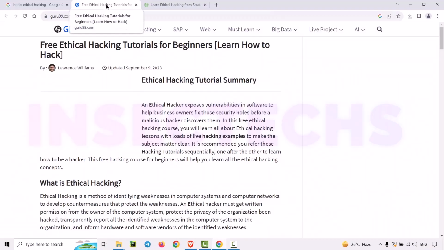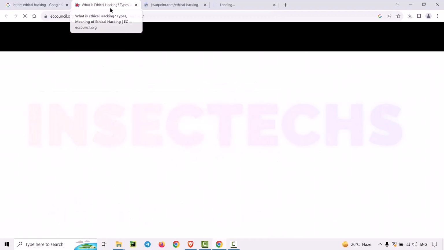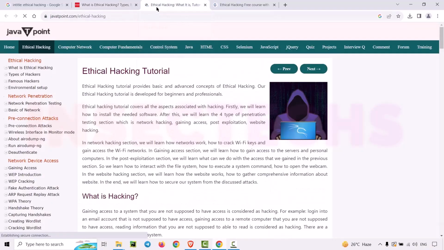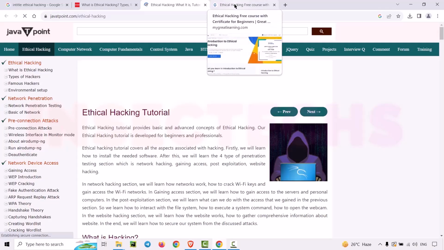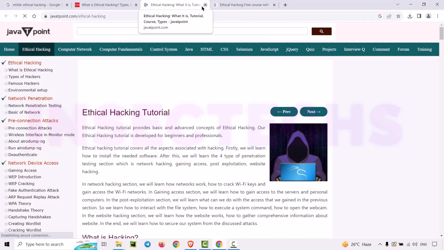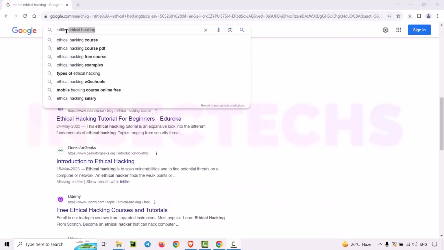So in the title we have free ethical hacking, so it has ethical hacking. Again, this website has ethical hacking in its title. Again, this website has ethical hacking in its title. So these are all the websites that have the ethical hacking query term in their titles. So now intitle index of